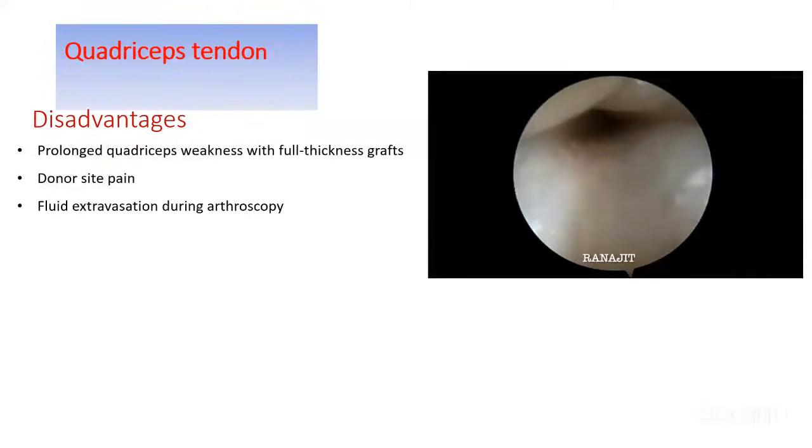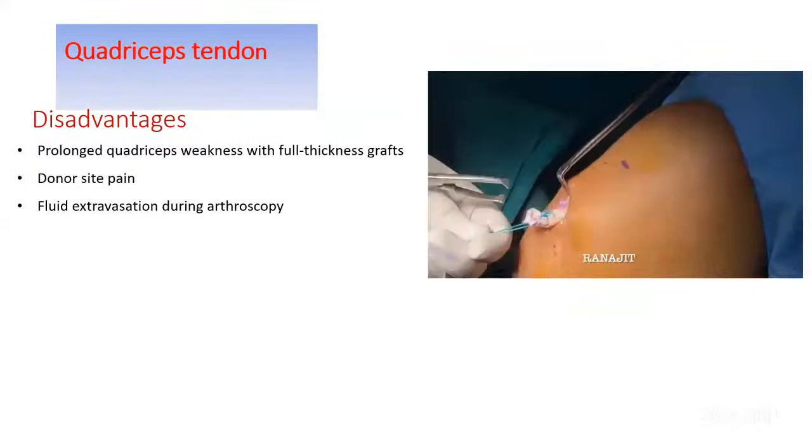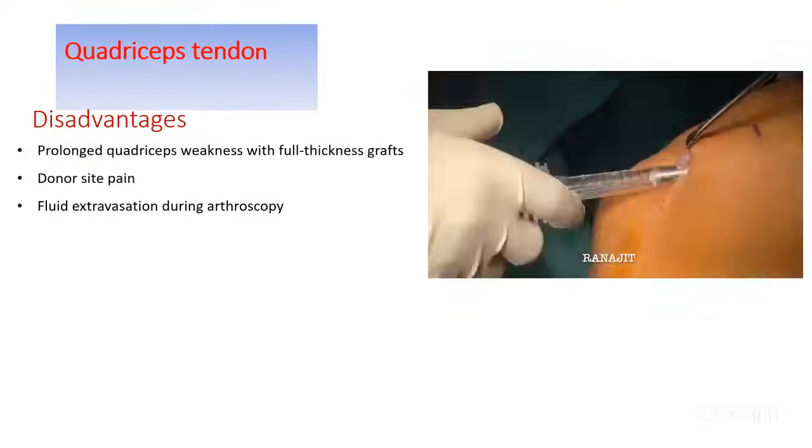So we can see through the arthroscopy the course of the tendon, and then mark the course of the tendon and take the Quad Pro harvester. There are different kinds of harvesters from different companies. You can use either of the harvesters, and then according to your need, mostly for PCL we take full thickness, or according to your need at least 9 to 10 millimeter of the quadriceps graft you can take, and just